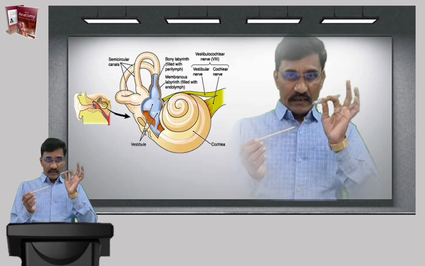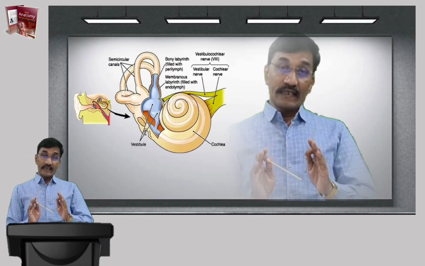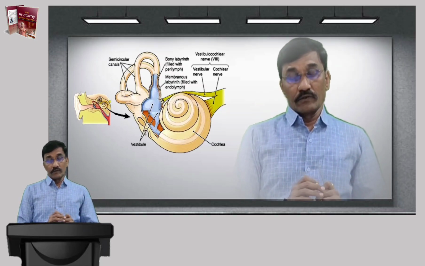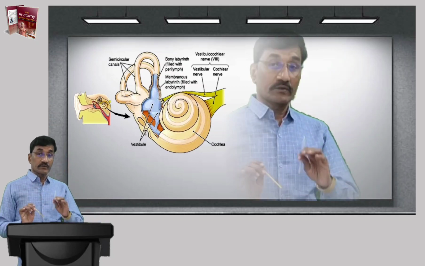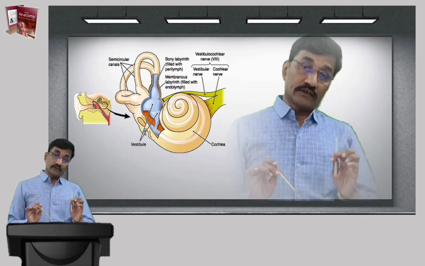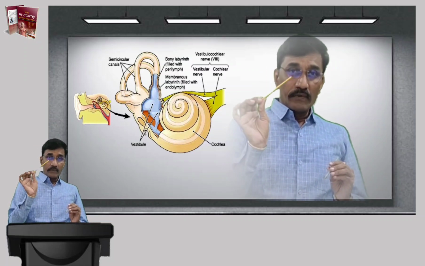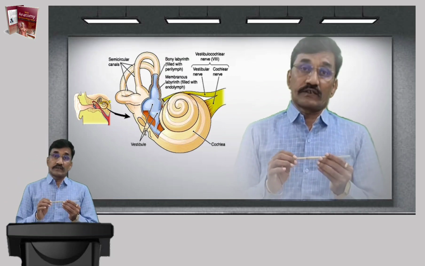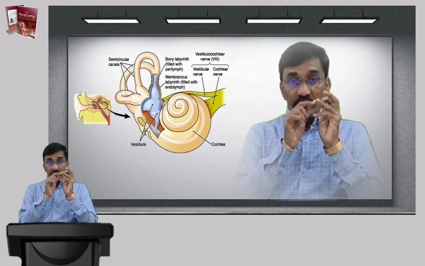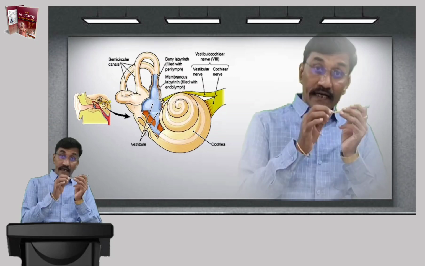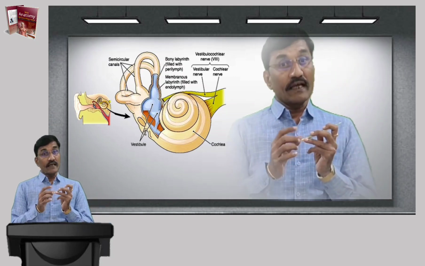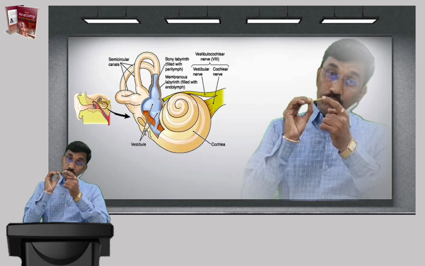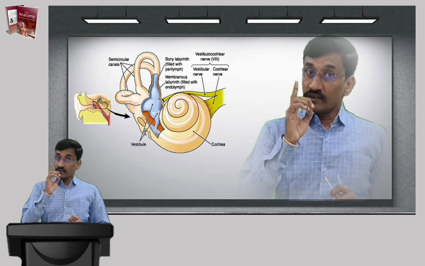It means that in the bony part there is a bony cochlea, a bony vestibule, and a bony semicircular canal. So these are the 3 bony labyrinths: bony vestibule, bony cochlea, and bony semicircular canal. In the same sense, there are the membranous vestibule, membranous cochlea, and membranous semicircular canal. Now the space between the bony and membranous part is filled by a fluid called perilymph. In the same sense, the membranous part is also filled by a fluid, and that is called endolymph.